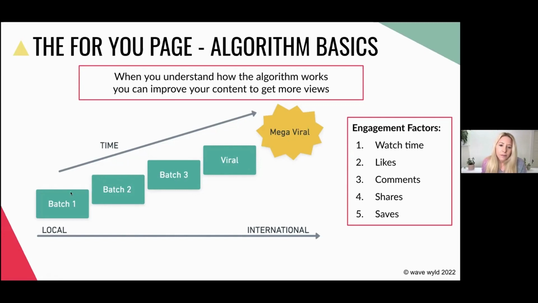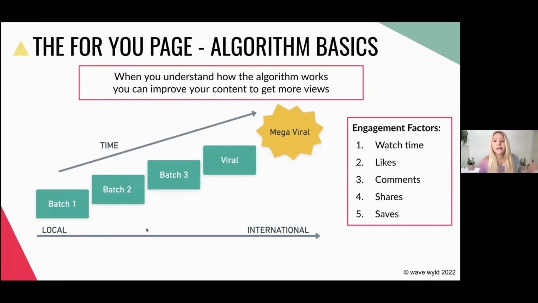So we don't know, right? When we're in batch 1, we don't know what gets us to batch 2. It's not like we can say 100 likes is going to get me to batch 2, and 300 comments will get me to batch 3. That is the mystery and the beauty of these social media algorithms. We don't know. All we do know is that when people engage on your video, they watch it, they engage, it will grow in views, and hopefully it gets to your goals, if you want to go viral, if that's your goal, that it does.